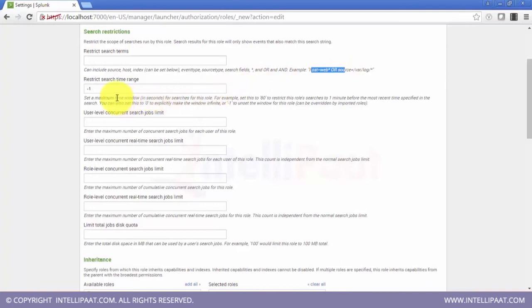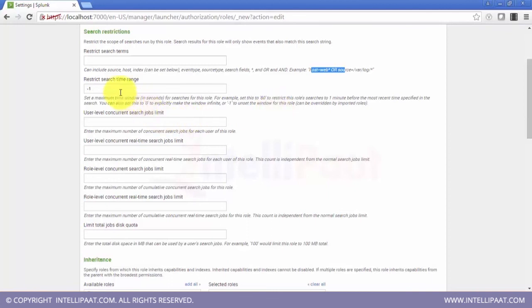Restrict search time range, which is set to -1. So set a maximum time window for searches for this role. It basically means that, for example, set this to 60 to restrict the role's searches to 1 minute with the most recent time specified in the search. You can also set this to 0 to explicitly make the window infinite, or -1 to unset the window for this role. Can be overridden by imported roles. So basically here you can declare the maximum window for searches for this role.